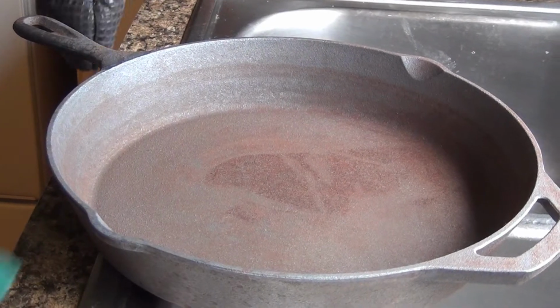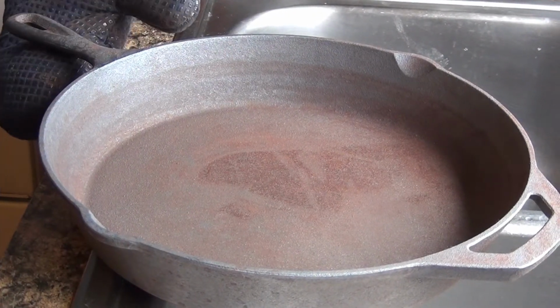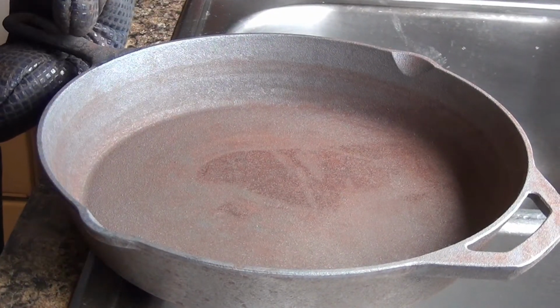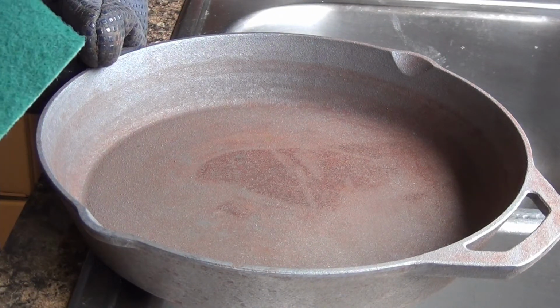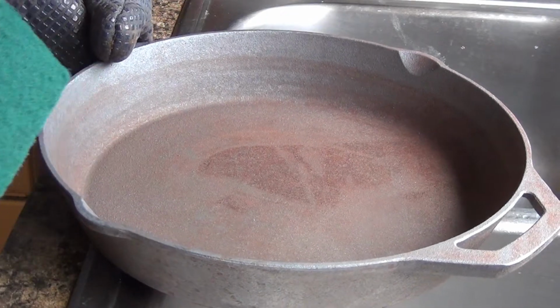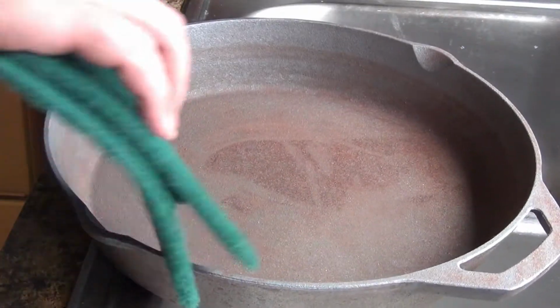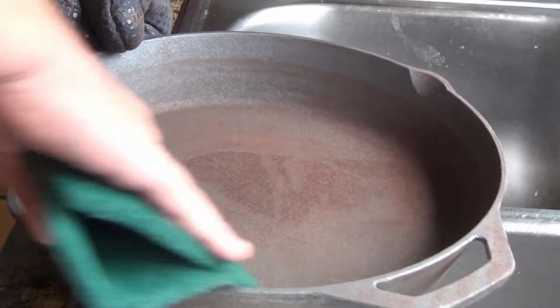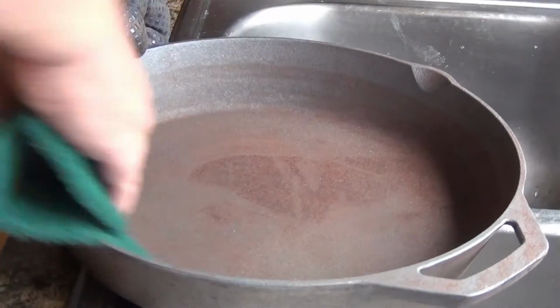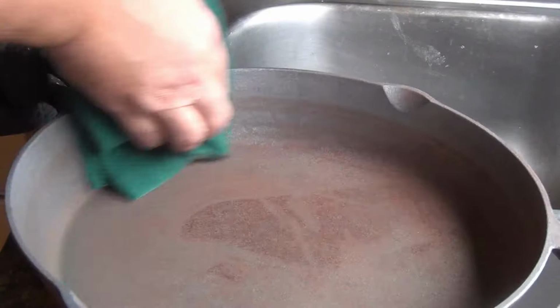Okay, so I'm seasoning this pan, and it had a little bit of imperfections in it and a different kind of oil, and so I went ahead and had a little bit of rust at the base of it, so around the ring of it. So what I did was I put it on self-clean in the oven for 3 hours, and that burns off